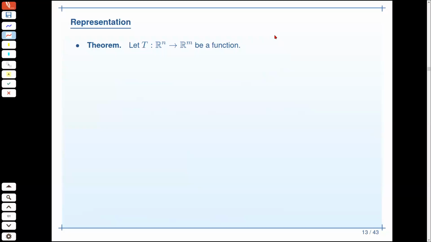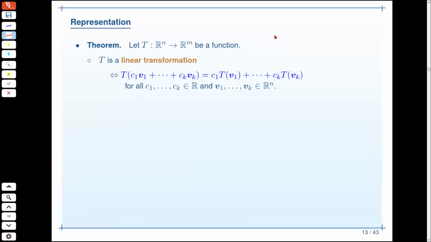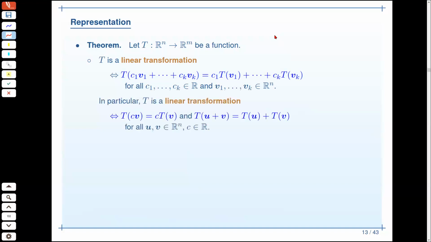So suppose T is a function. T is a linear transformation if and only if it satisfies the linearity. In particular, a linear combination is just successive operations of addition and scalar multiplication. So as long as you can verify that this property for scalar multiplication is fulfilled, T will send the scalar multiple to the scalar multiple of the image,